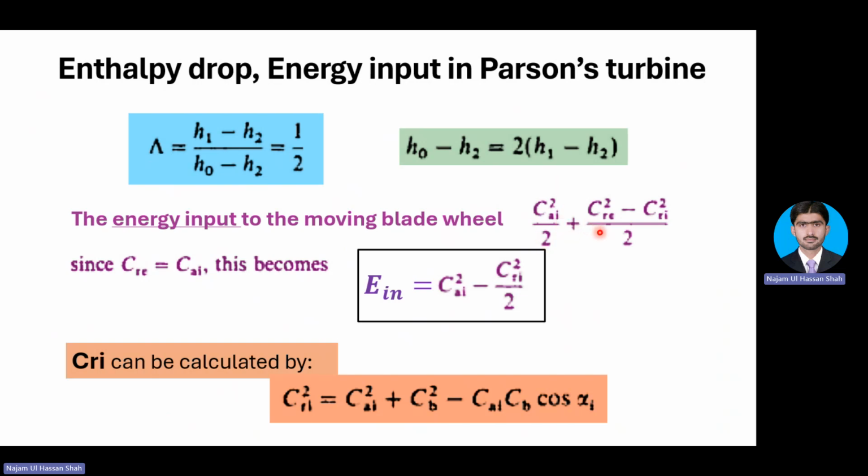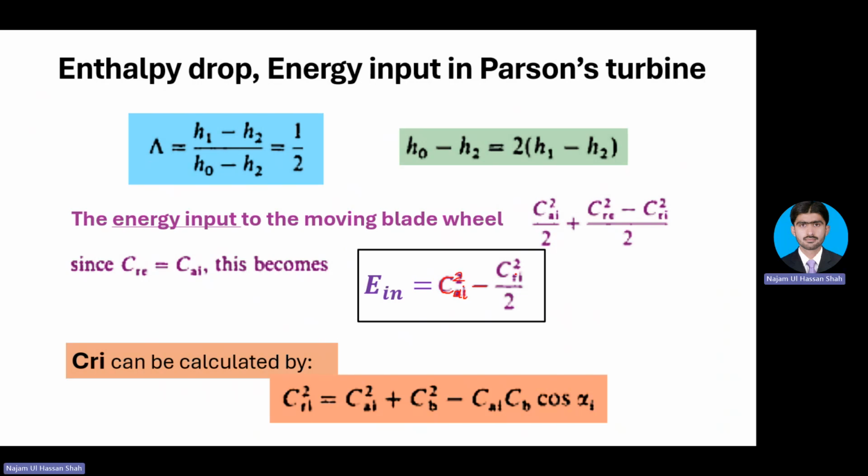And second is the enthalpy drop in the moving blades, which can also be equal to the difference of the relative velocities square, CRE square minus CRI square divided by 2. Since CRE is also equal to CAI, this formula simplifies to the energy input per unit mass flow rate is equal to CAI square